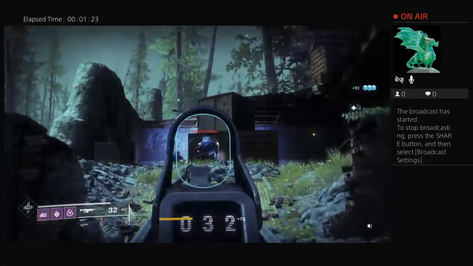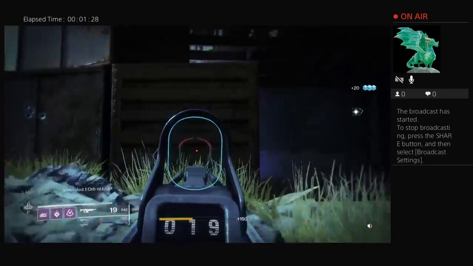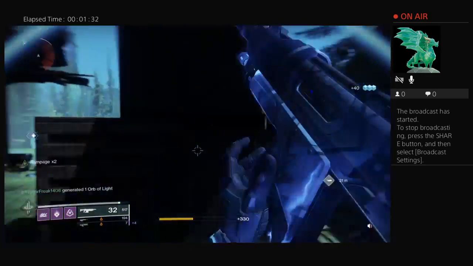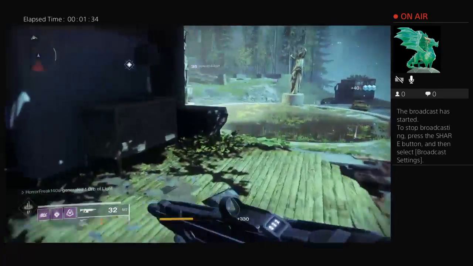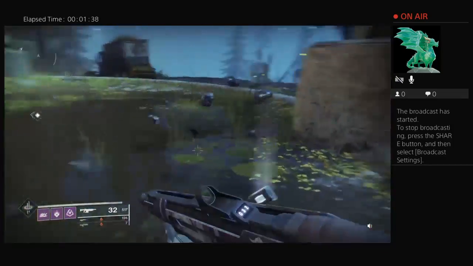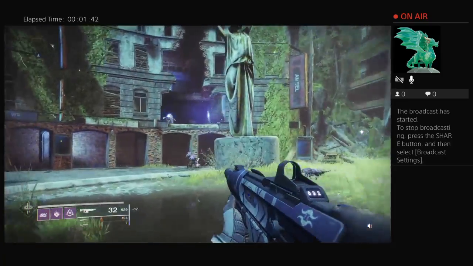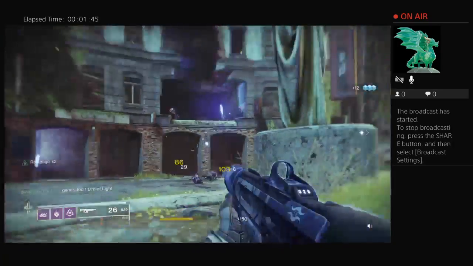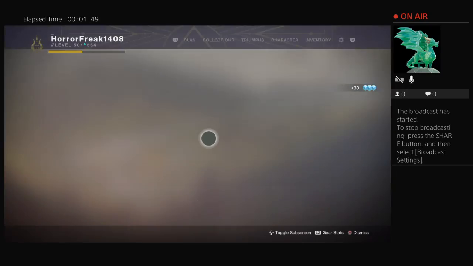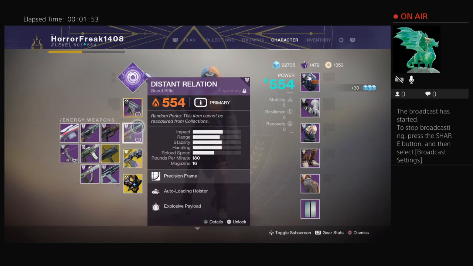Because of its vertical recoil, it is very easy to control, which makes it quite the beast when it comes to Crucible. However, it has a very long time to kill compared to some others, such as, say for instance,